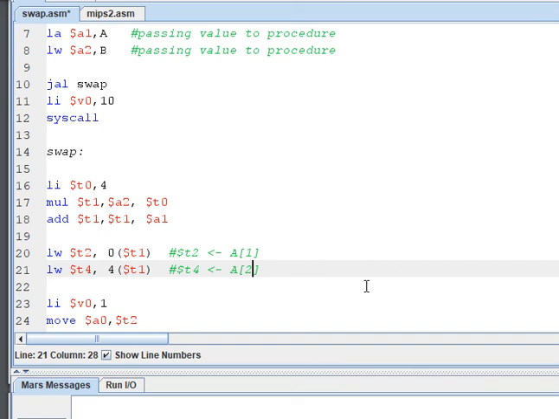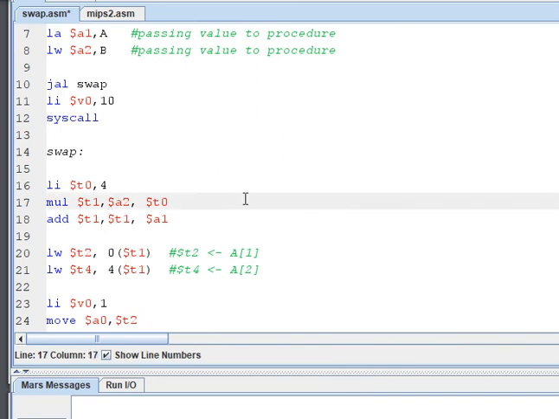So I move the value from memory to register using load word. Before that, I need to know the address. I know the base address. Here A1 is the base address. So to the base address, I need to add T1. What is T1? T1 is index into 4.